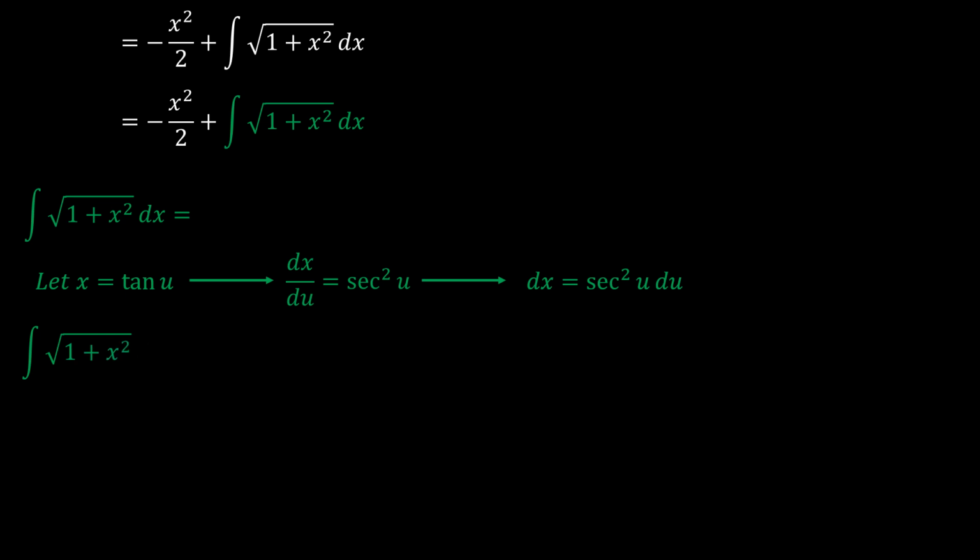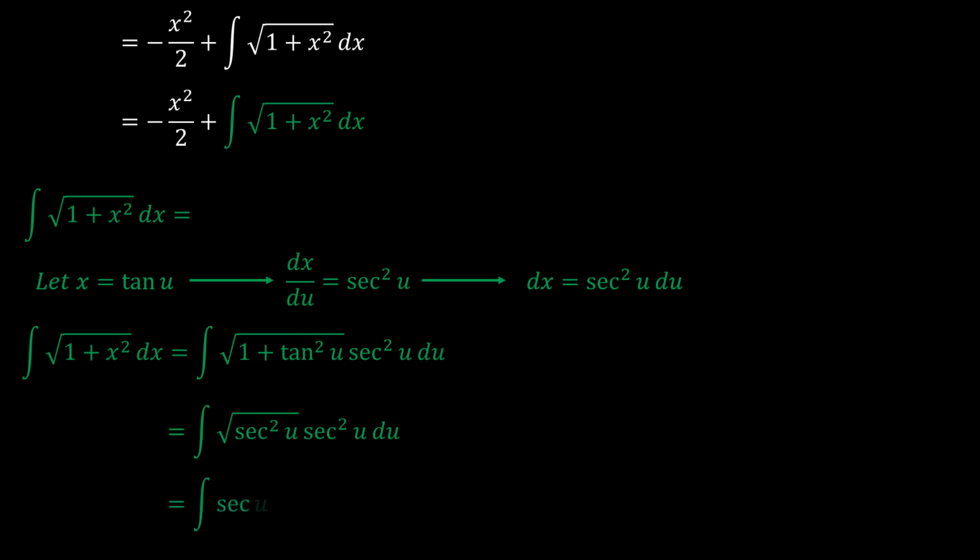And therefore the integral of the square root of 1 plus x squared is the integral of the square root of 1 plus tangent squared of u times secant squared u. So 1 plus tan squared u is the same as sec squared u, under the square root. That means it becomes sec u times, obviously, the sec squared u. Now going forward, what that means is we can express sec squared u as a derivative of tangent of u,